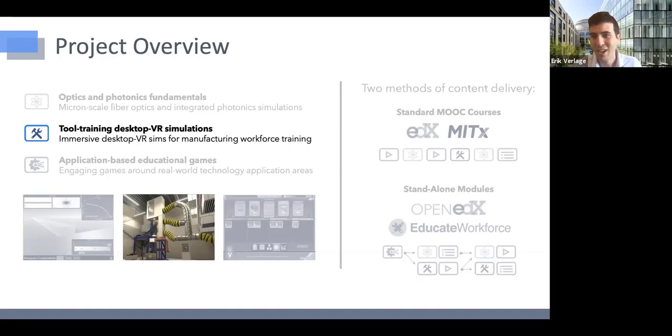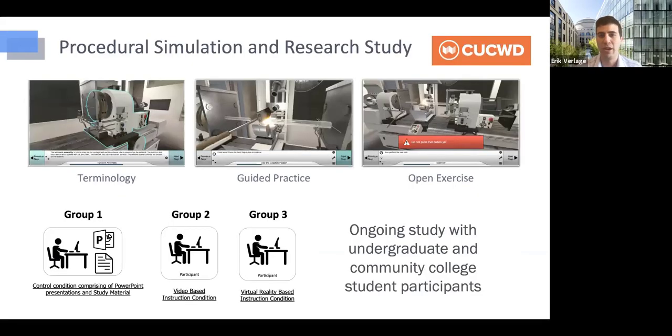The thing I can touch on is the desktop VR simulation. This is what we're working very closely on with the CUCWD and Jeff and Couple and the team at Clemson. And so what we've done is we've created some procedural simulations. In the first year of our project, which was from October 2019 to October 2020, we developed a procedural